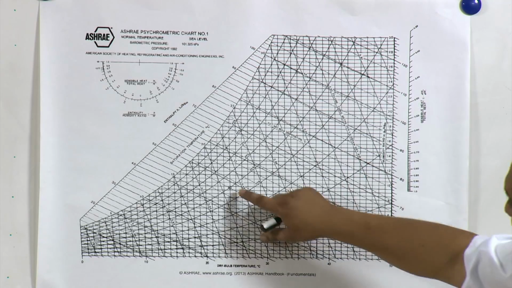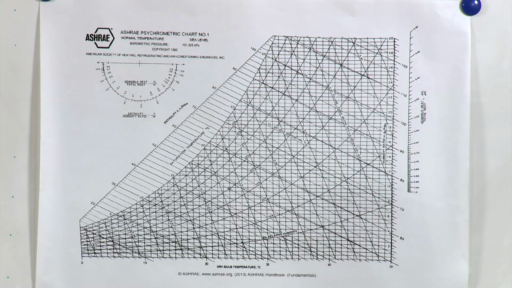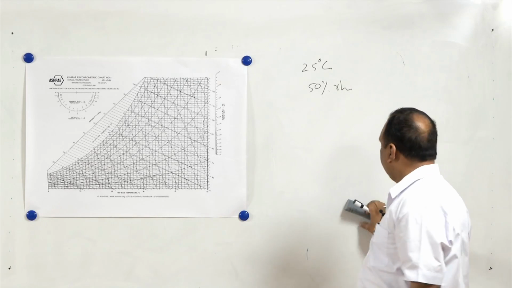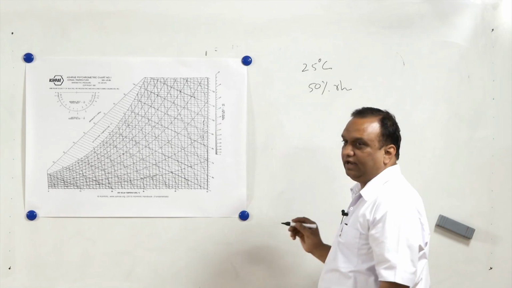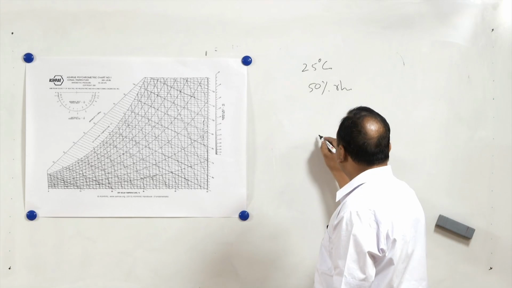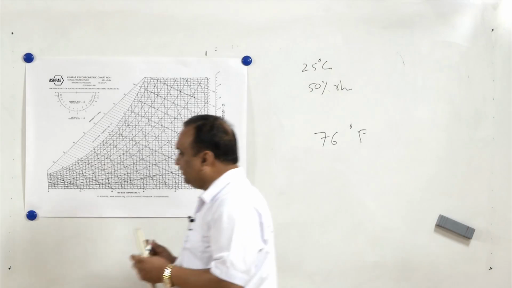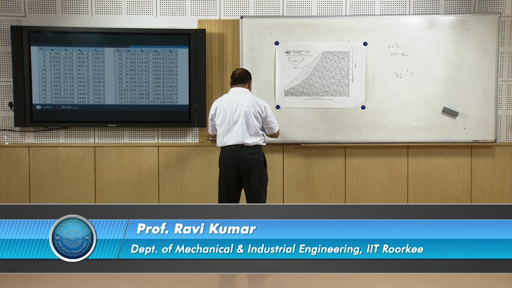Here the ideal condition is 24 degrees centigrade temperature and 50% RH, but in most of the books you will find that the ideal condition is 25 degrees centigrade temperature and 50% RH. The reason is that it is a statistical value: the temperature at which most people feel comfortable is 76 Fahrenheit. Now if you convert this 76 Fahrenheit to degrees centigrade,